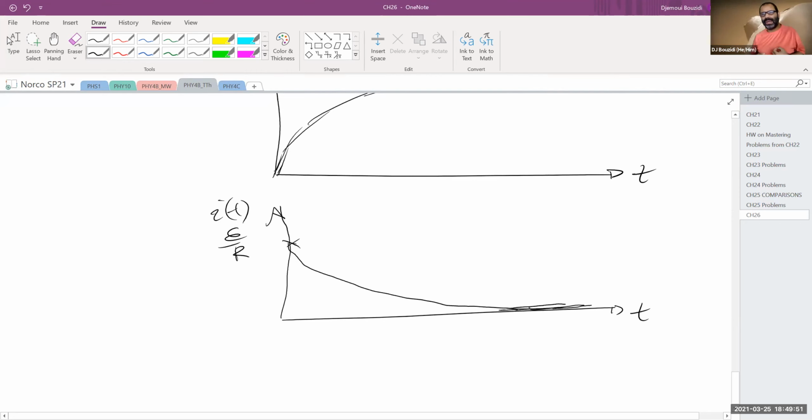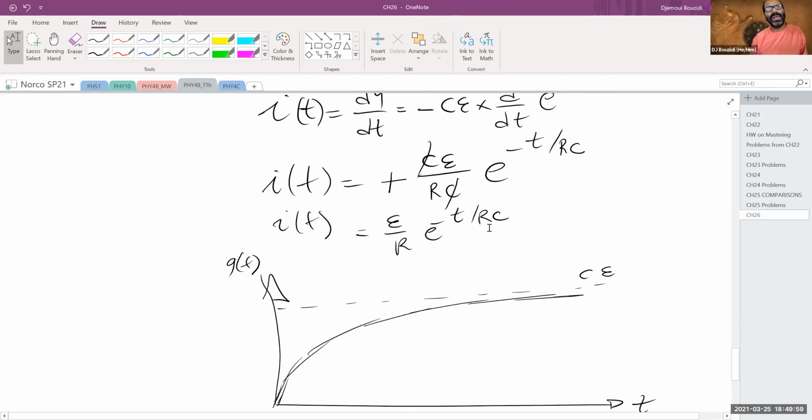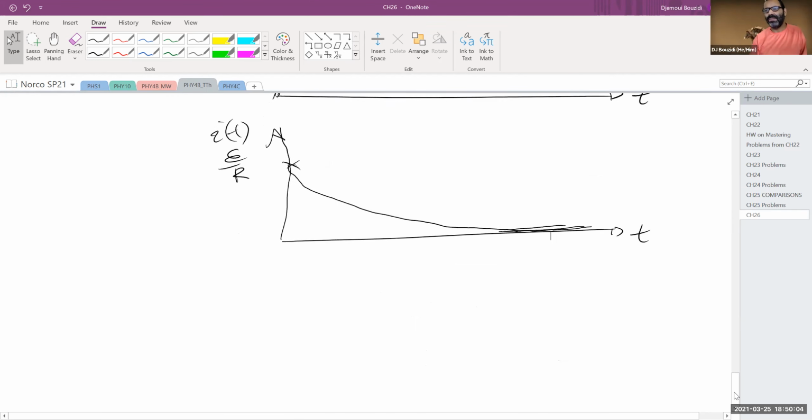Okay. Here is an interesting question, really, and it's important. Should I really wait an infinite amount of time? How long should I wait? Because look at this current, for example. It drops, and it's characterized by this time, which is called the characteristic time, tau,